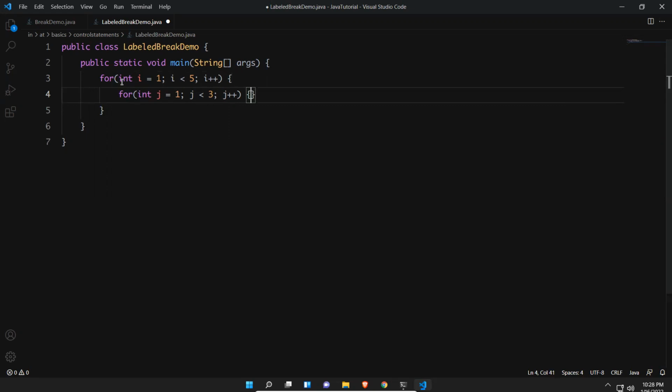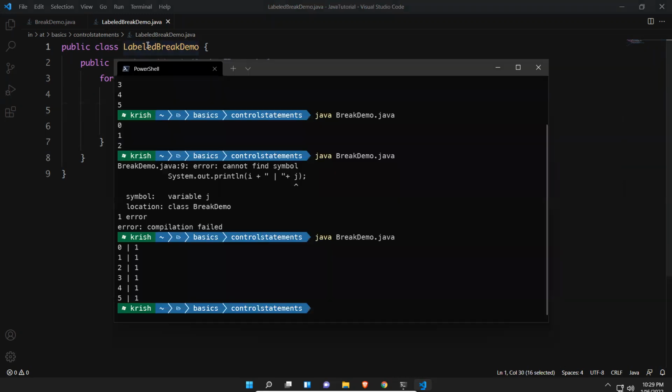Now I am printing with System.out.println the i value, and then I'll print the j value. First we'll try to execute this and see what exactly the output is.